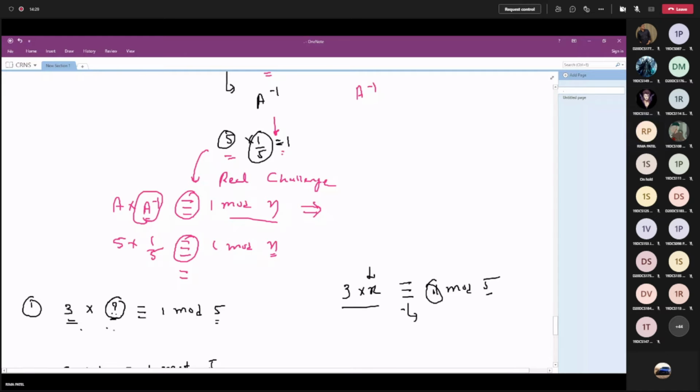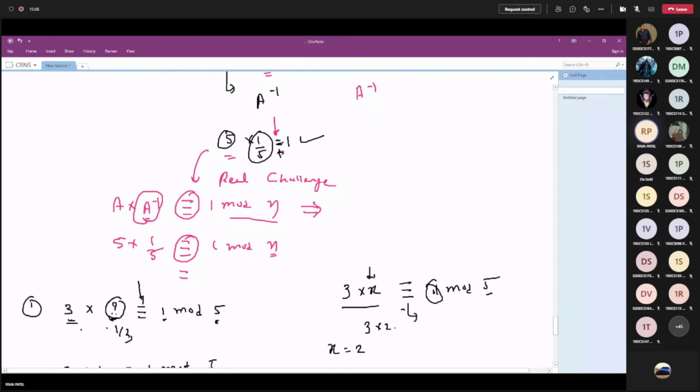Now here it is not directly 1 upon 3. That is not going to work. In the earlier case it was easy, as we had an equal to sign. Now it is congruence, right? So I need to check what value I should multiply with 3 so that if I divide it by 5, my remainder will be 1. This is the interpretation of the equation. Getting everyone? Yes.